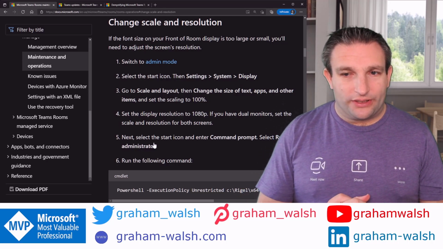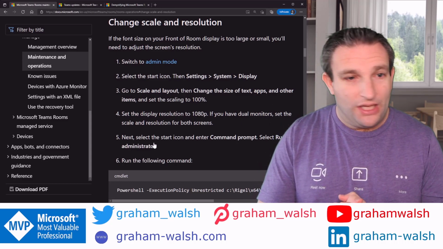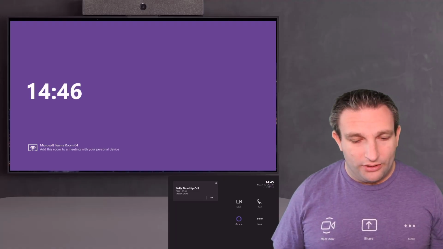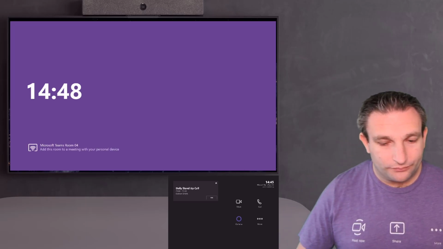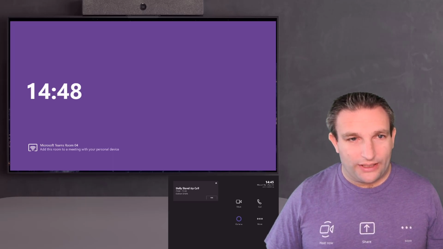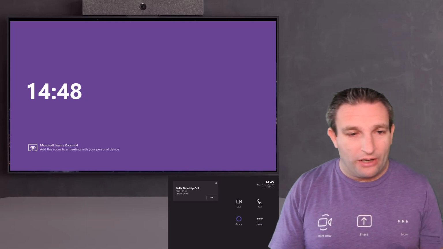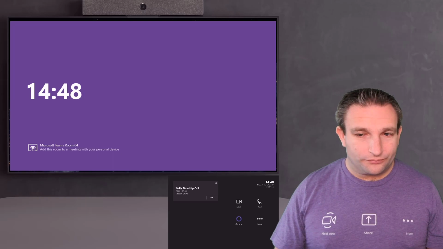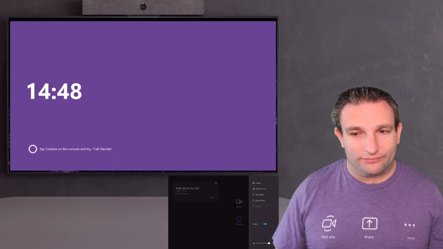So we need to go into the admin side, so log into the admin side and go to our monitor scaling. So let's just do this. Let's go and check my single screen. I know I've changed my dual screen, but let's check the single screen and make sure that is set up. Because this we need to do, otherwise we will get that odd resolution, where you've got the chat now on the side. We'll have loop components at a later date, but we want to ensure that we're able to get that right experience. So I'll just go to more, into my settings,